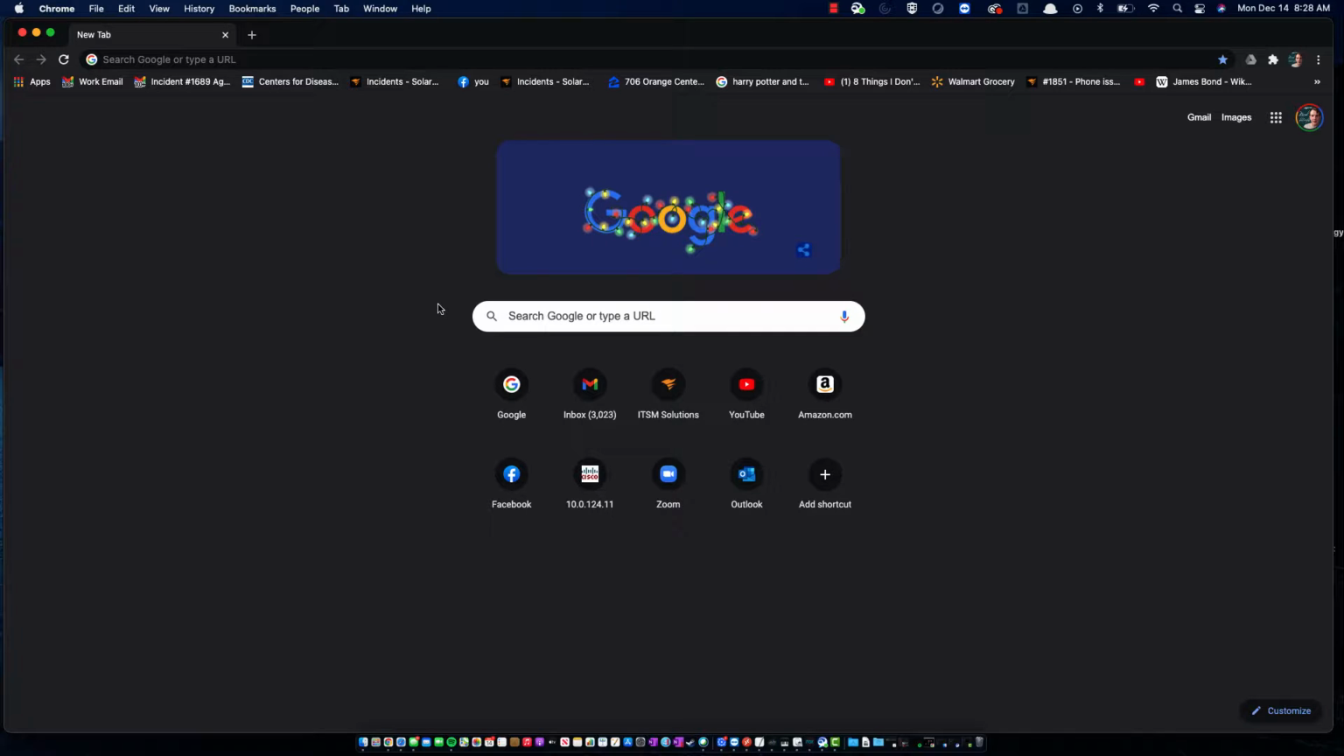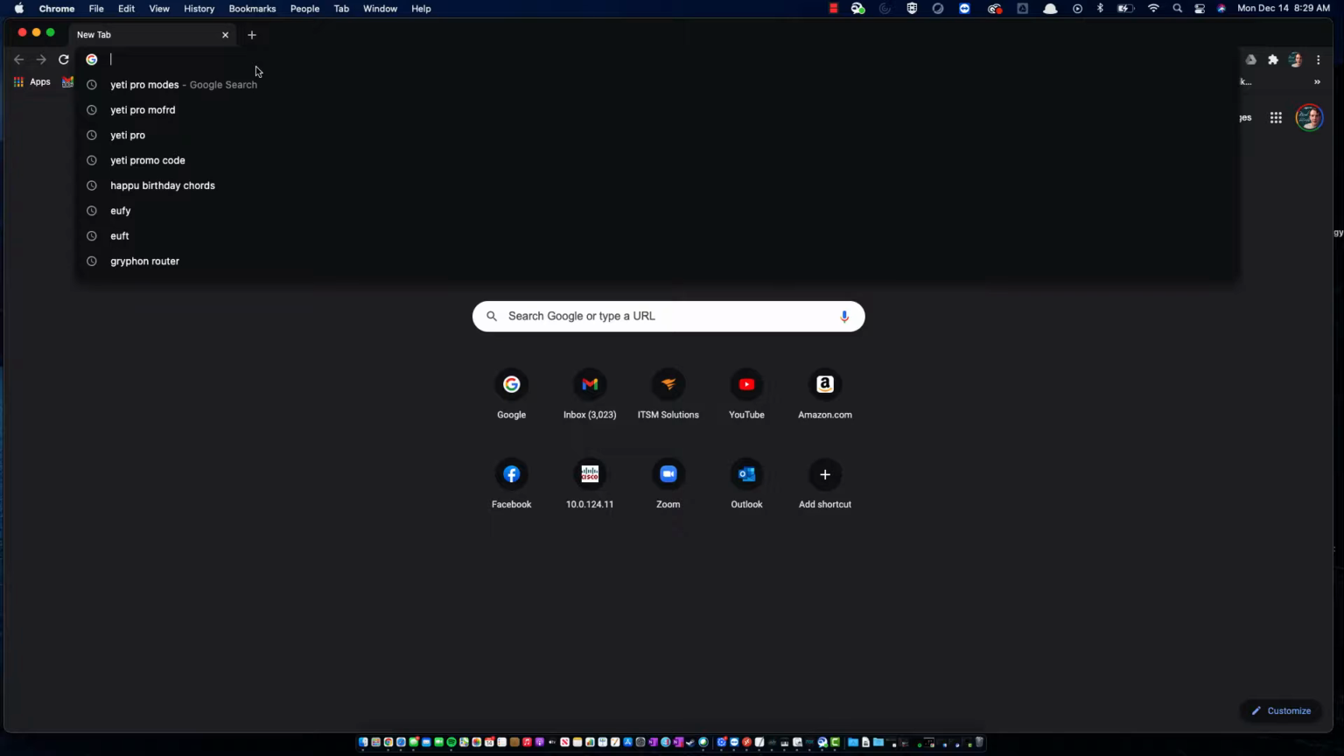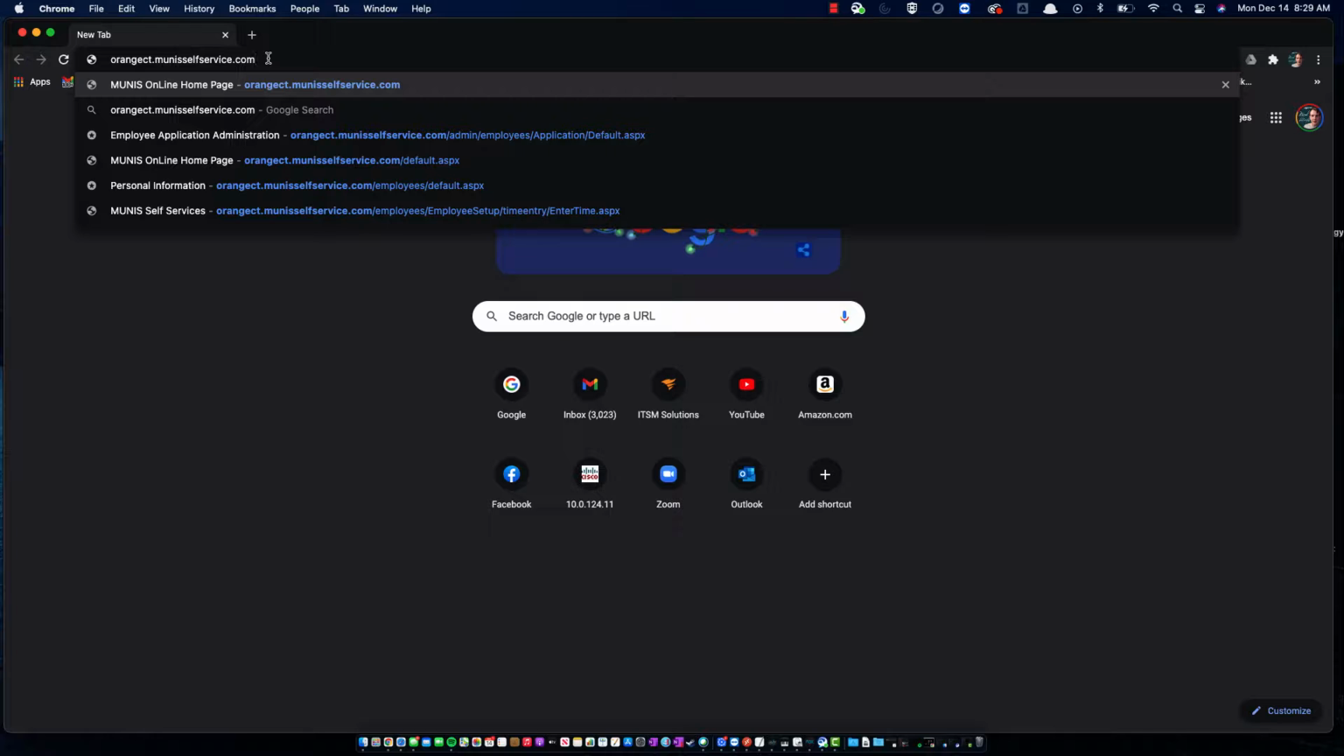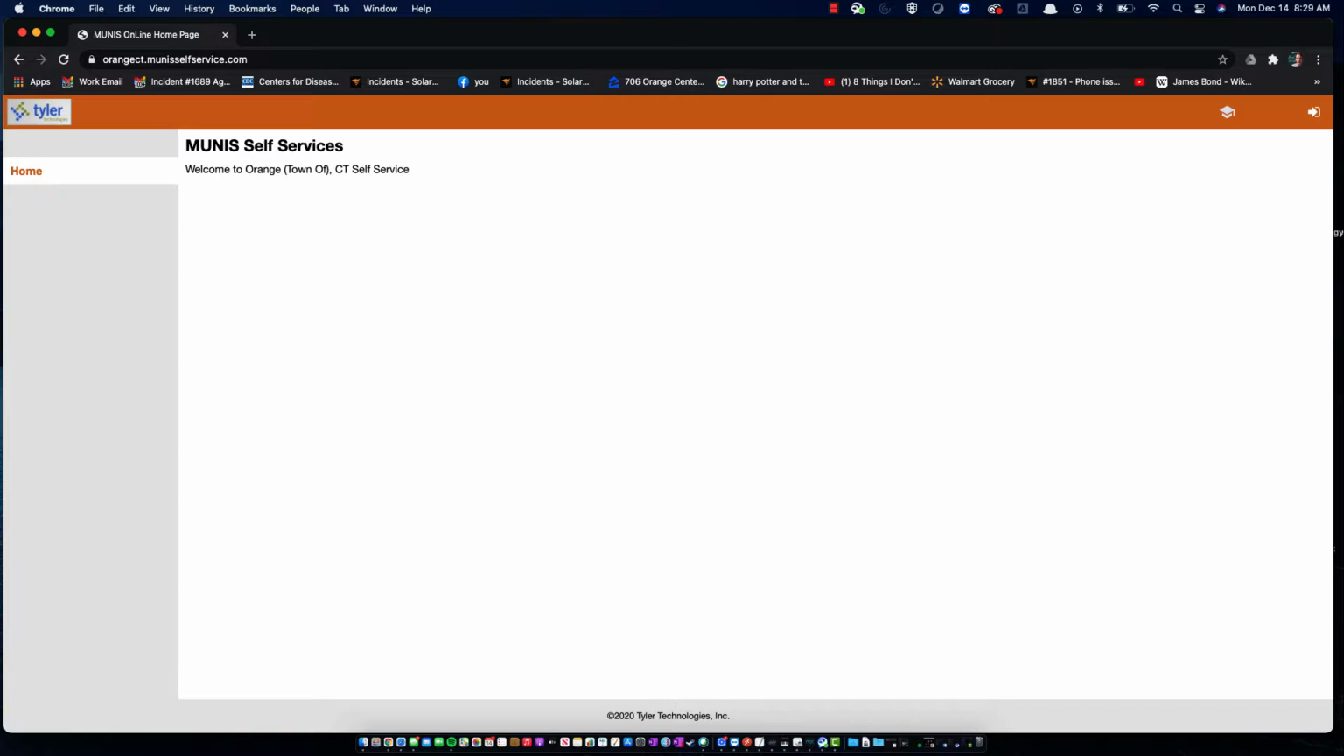Hello, today we're going to be learning how to submit approval for time for your employees in employee self-service. So as a supervisor, what we're going to do is enter in orangect.munisselfservice.com. We want to open up that web browser and then type that in, and I'm going to hit the enter key. And now what we're going to do is click on the login button, which is